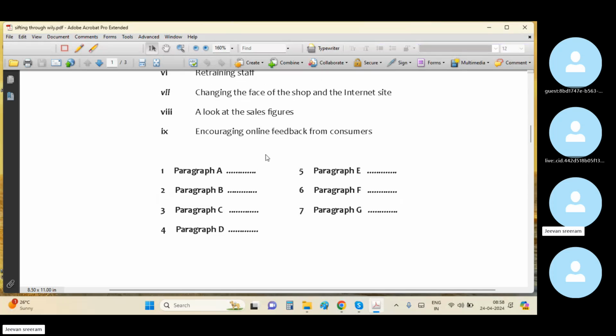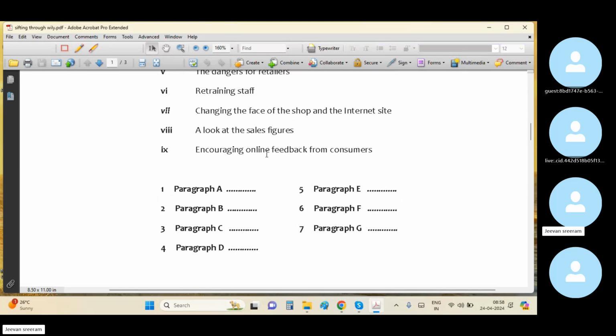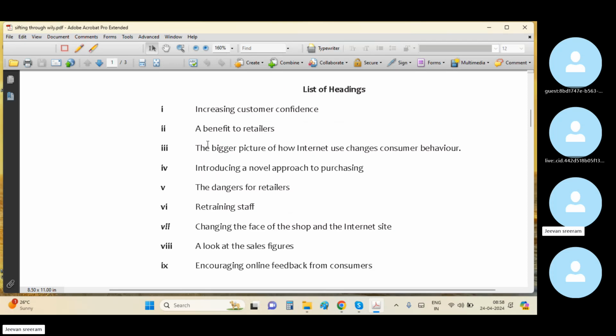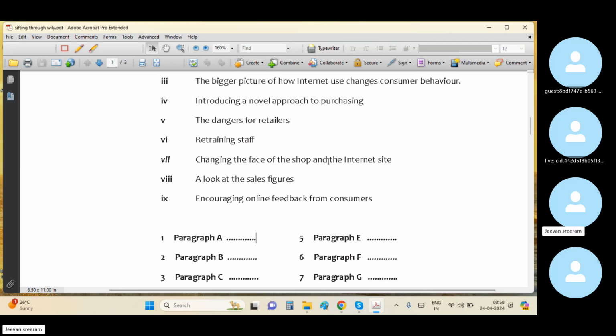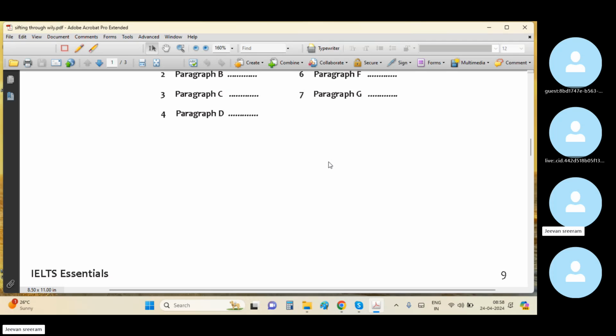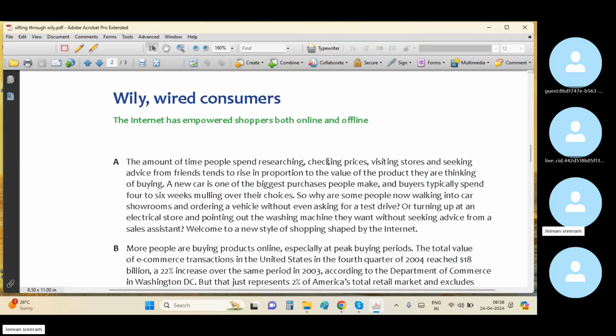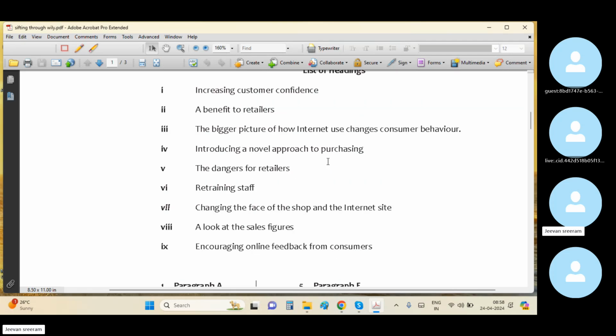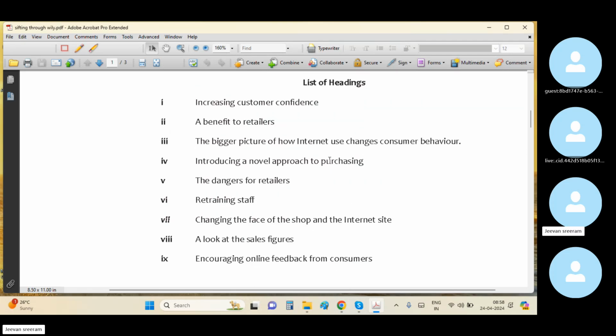So in this particular type, creating headings, what might the examiner create? There must be a passage. It might be part of an international article or journal, right? So the examiner has actually created questions, right? The Cambridge people